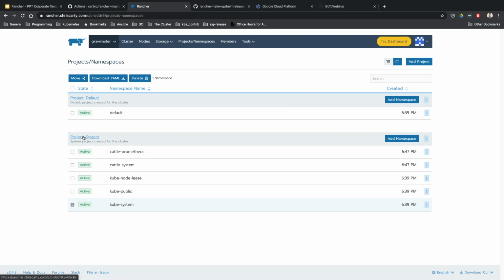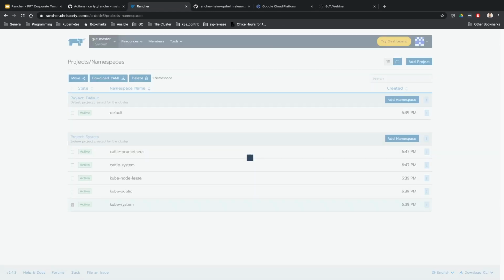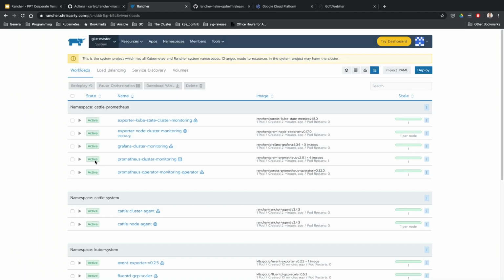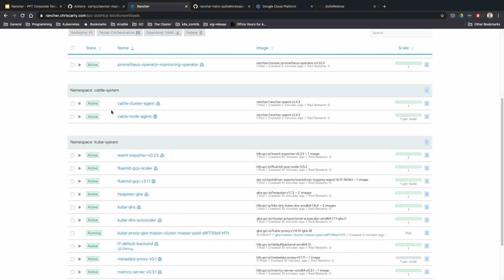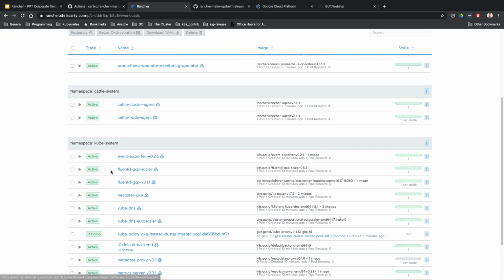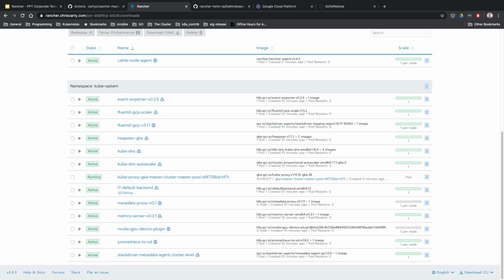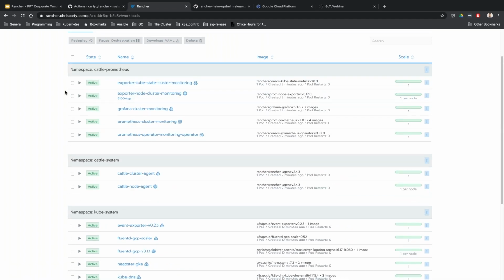Someone was asking earlier about Rancher, what gets installed there. So down here, we have the cattle-system. You have a little agent, these two agents here, and those are the bits that talk back to Rancher and instruct. There's a bunch of things installed, and I can't remember which ones are Google's and which ones are Rancher's. But these are the ones that do the communication. So if communication to head office was severed, you get errors from these two, but everything would still operate as